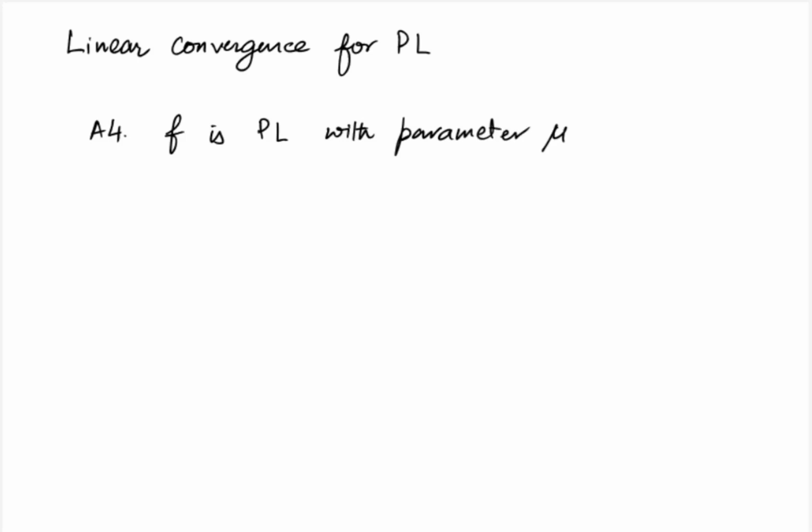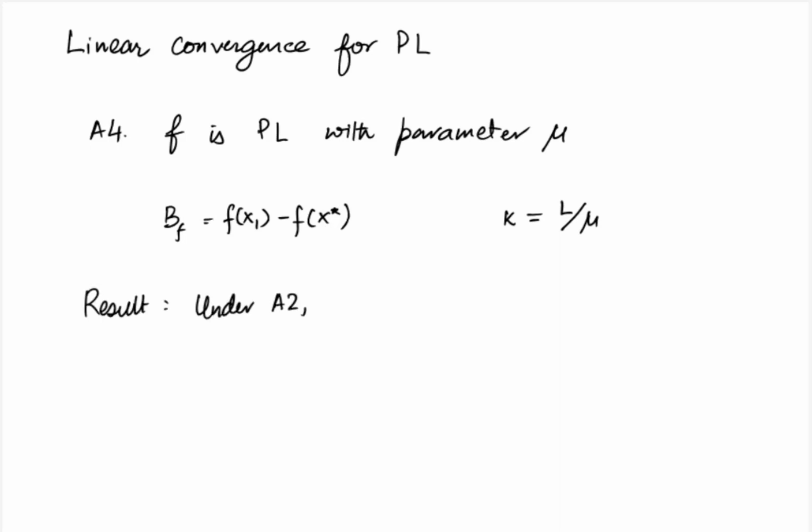For a function satisfying PL, x star need not be unique, so we have our usual oracle complexity bound in terms of the optimality gap. Recall that we defined the initial optimality gap as delta f equal to f of x1 minus f of x star. Also define the condition number similarly as kappa equal to L over mu. Then we have the following result. Under assumptions A2 and A4, which is that the function is L smooth and mu PL, the oracle complexity is given by order of kappa log (delta f by epsilon) for the choice of eta equal to 1 over L,